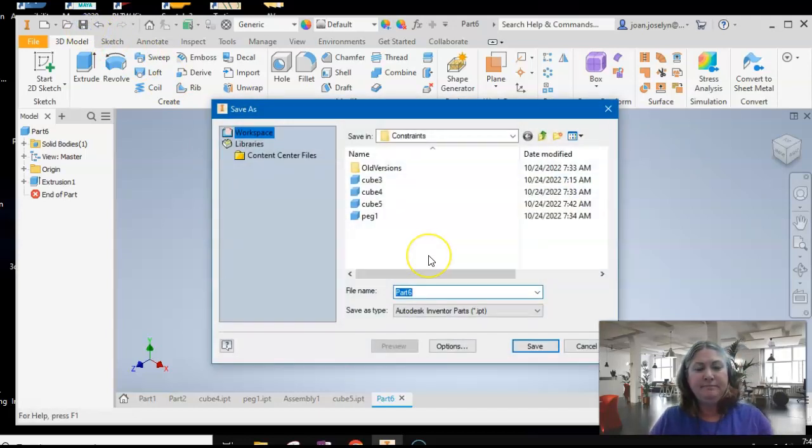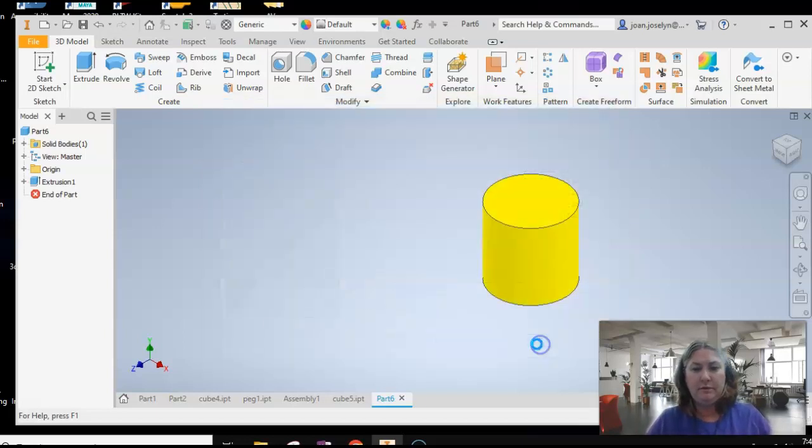We're going to save it. I'm going to call this PEG, P-E-G. Looks like it made one already, so I'll call it 2. Okay, so now it doesn't matter if they're open or closed when you start your assembly,